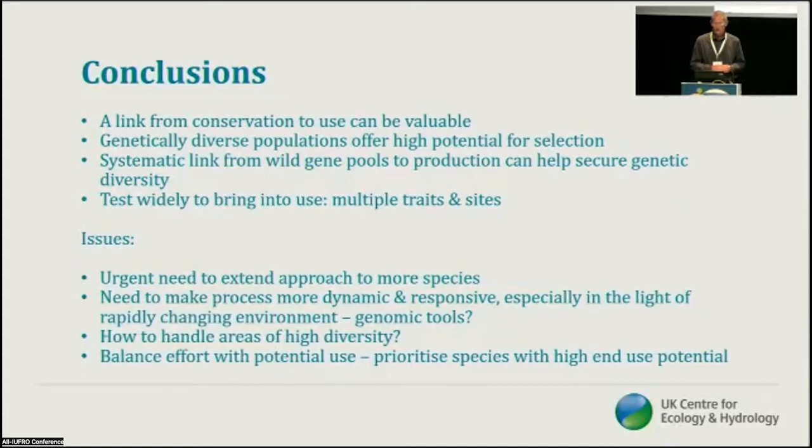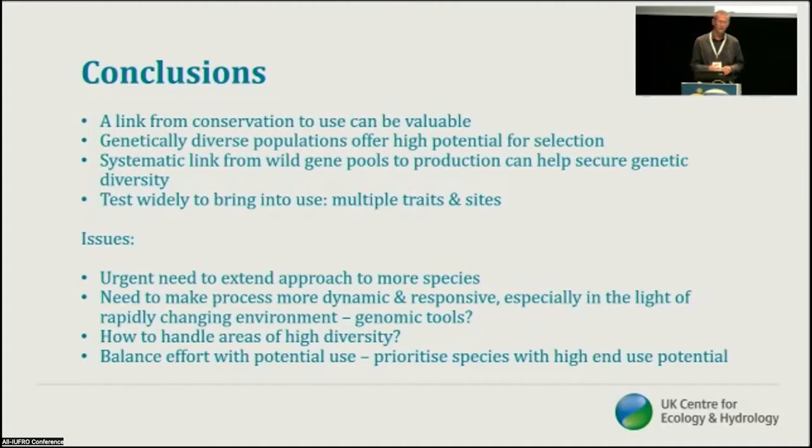It's a tricky problem understanding how to handle areas of high diversity, because clearly, if we're dealing with hundreds of species in an ecosystem, then systematically going through each one, characterizing and testing the diversity that's out there is going to be impossible. So finding ways to use proxies to help us understand where diversity is likely to be is probably part of the solution, but we do need to think about how we handle those areas of high diversity,